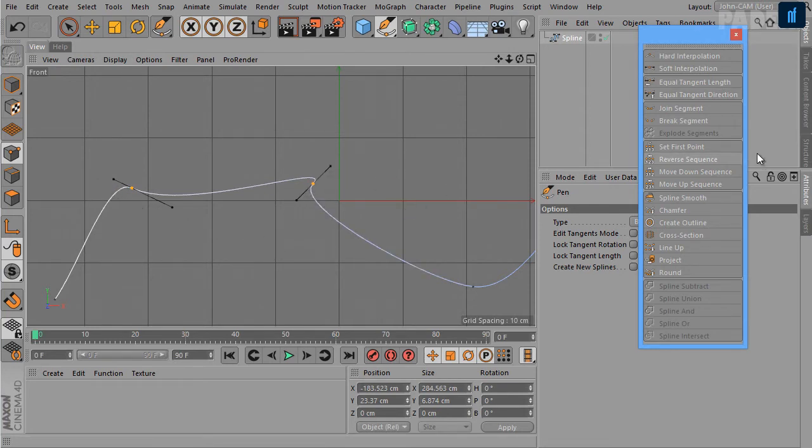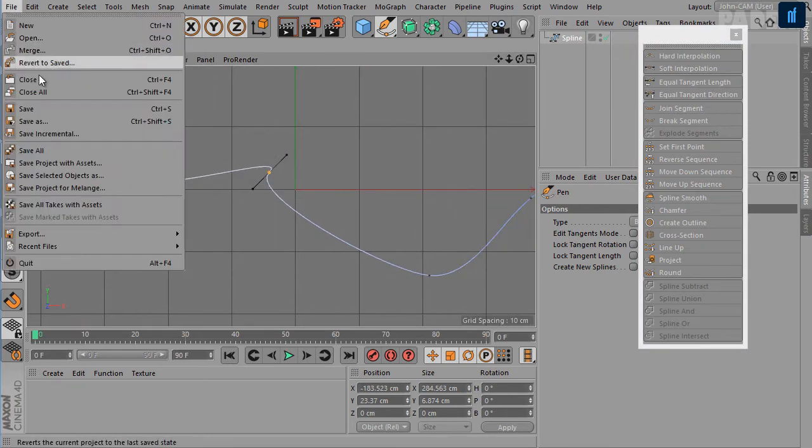Okay, the join segment command. You can use this command to connect several unconnected segments. To connect the segments, you need to select one or more points on each segment and then use the join segment command.